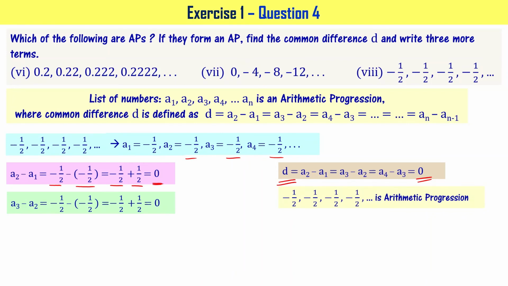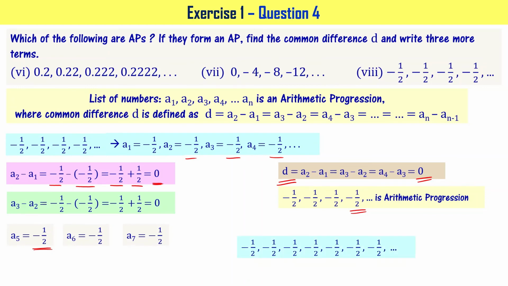Once you have this arithmetic progression, you can write 3 more terms, right? Those 3 terms are going to be the same because of the common difference. For example, you have A4 here, you add 0, so that you get A5 as minus half. Then to A5 you add 0, that is D. Then A6 is also going to be minus half. A7 is also going to be minus half. However many terms you write, you are going to get the same. So the series is going to be these 4 numbers given and these 3 numbers we have written. Got it?